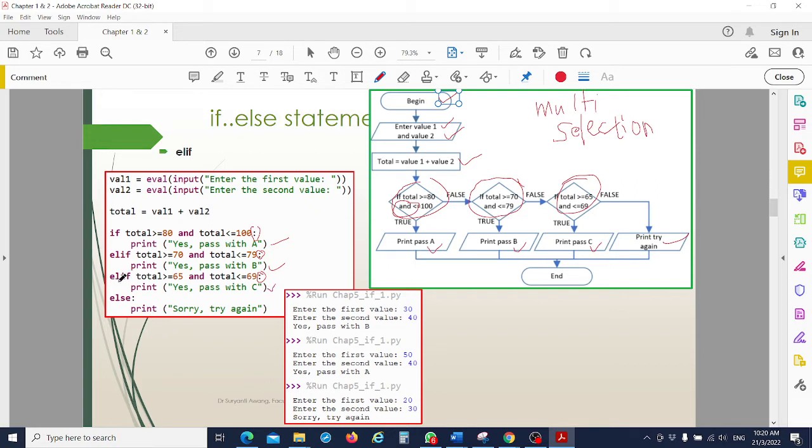But if this condition is also not true, we go to else. So else means the end of our conditions. We go to else and then we just print sorry, try again. Okay, so for example here,